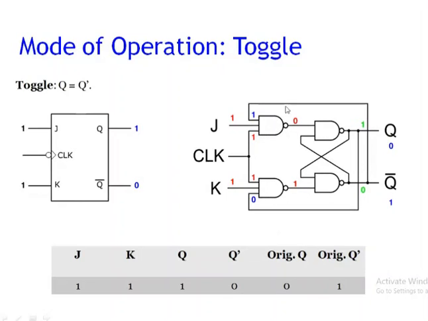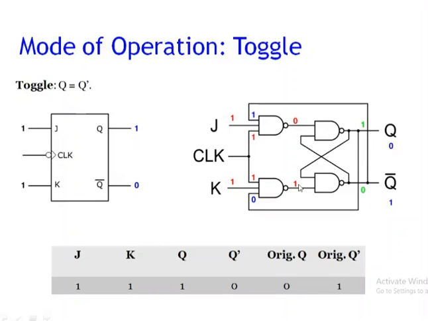Now observe here how it is in toggle conditions. Initially J is equal to 1, clock is equal to 1, 1 into 1 1, that is 0 due to the NAND gate. Now 0 is given to this NAND gate, so it is 1. Now this one's value is considered here. Now from this again 1 into 1, and due to this 0, initially it is considered as 0 and 1. So due to this 0 it is getting a 0, but due to that NAND gate it is considered as a 1.